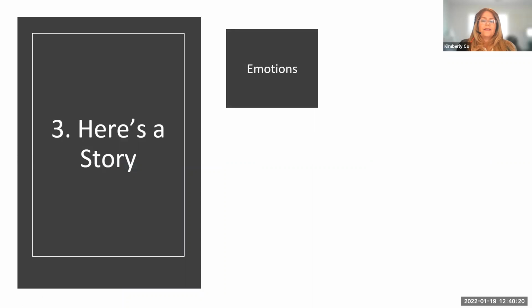So here's a story is probably my favorite section. If we were to pick favorites of our fundamentals, my favorite would be storytelling. But when I say storytelling, what do we mean by storytelling in e-learning? What's so great about stories? At the end of the day, it goes back again to capturing the learner's attention and getting them interested and engaged in the content.